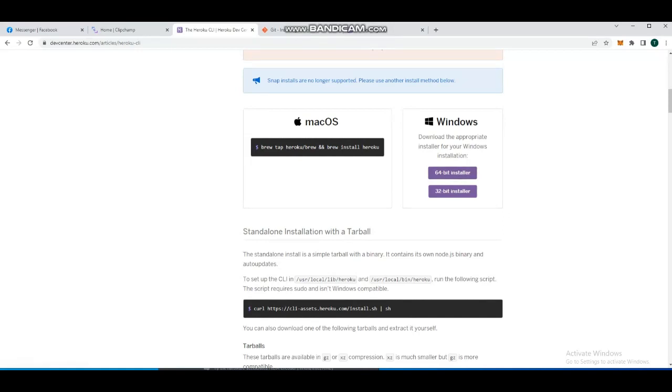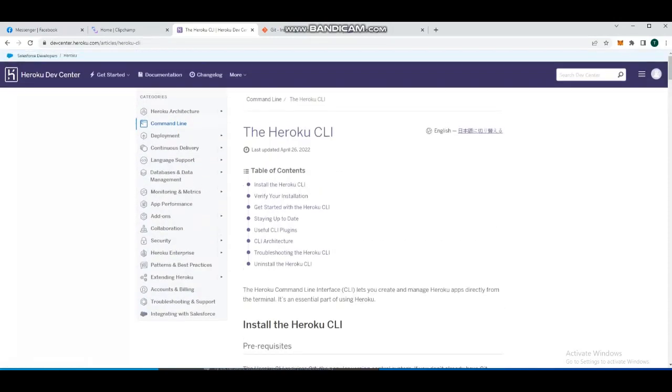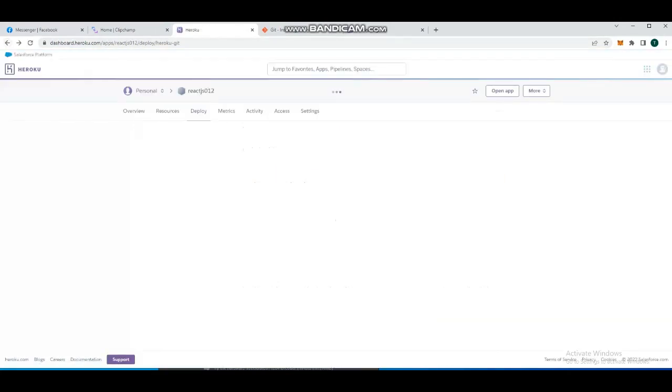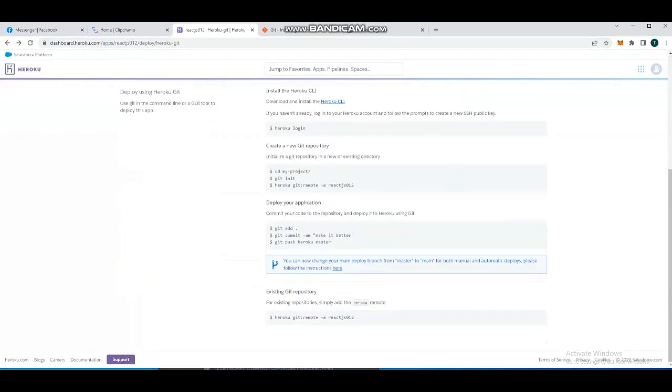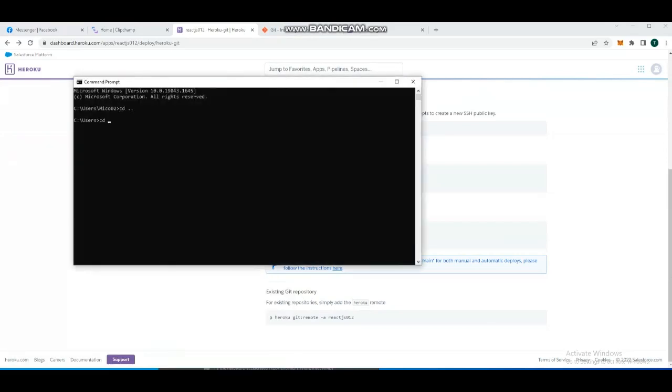Alright, and then open up your command prompt once more, okay, and let's begin. So afterwards, just go back, okay, and then I'm gonna be pulling out my command prompt, and then going to change directory, and I'm gonna be putting it here, make it our React JS uploading 01. So if I change directory and go towards React JS uploading 01,